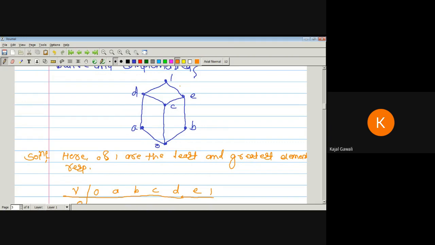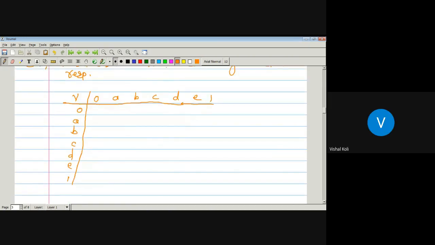A. Which is E. 0 and B? B. Sorry, first with respect to 0 to 0, 0. 0 to A, B. What is the join of 0 and C? C. Same for D, E, and 1. Now, A join 0. As A is at some higher level, then A join 0 is A. A join A, A. What is the join of A and B? B.